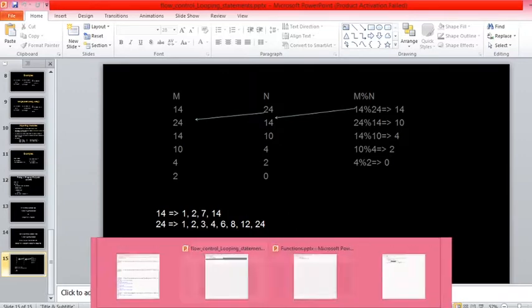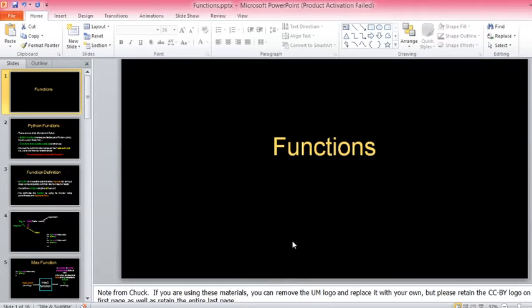Okay, right. So now coming to the next chapter, that is functions. What is a function? This is one of the fundamental features of any programming language. Writing functions has wide use and scope in any programming language. So you must understand, and you must be very thorough with the writing of functions.